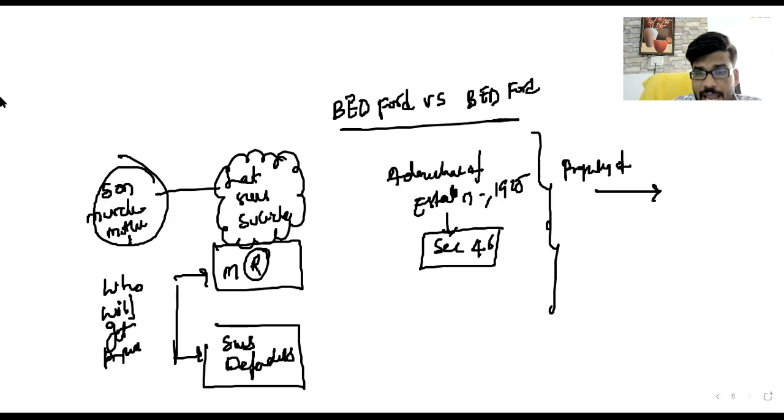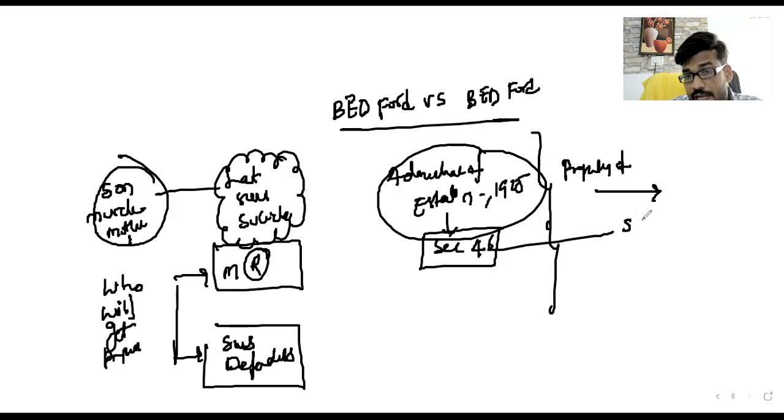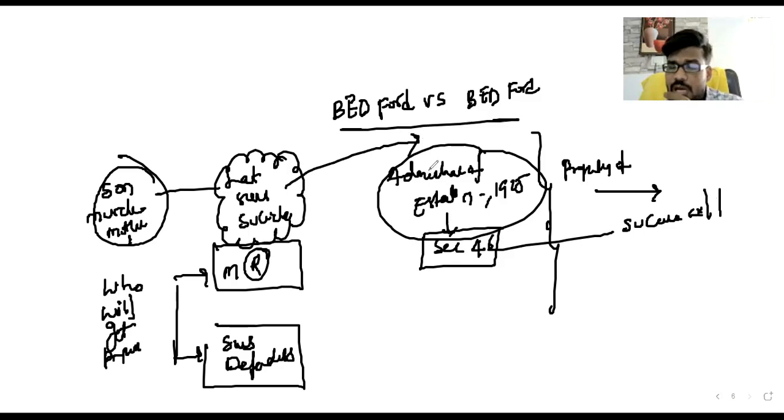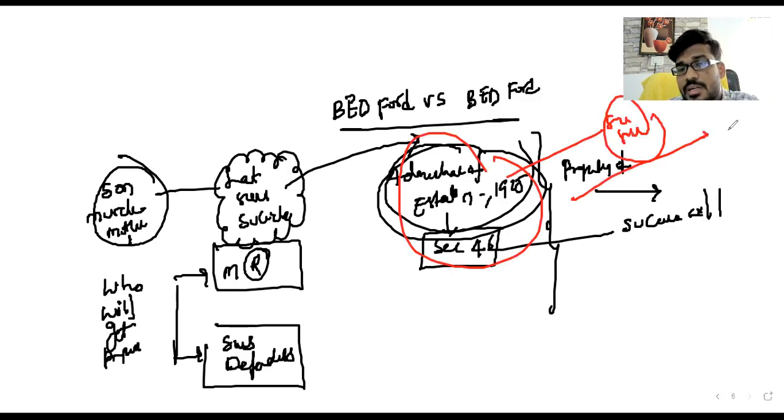So what this act clearly says, the Administration of Estates Act 1925, succession to real and personal estate on intestacy, means in case of intestacy the successor will get. Okay, so who is a successor? Sir, the son murdered the mother, then after that he committed suicide, then to whom can this property be transferred? The son's dependents or the mother's relatives? The law clearly says that it can be transferred to the successors. Literal meaning, what is a successor? A successor is nothing but the son, and the son's dependents are the successors, so it can be transferred to the son's dependents.